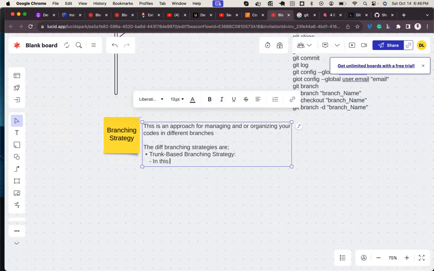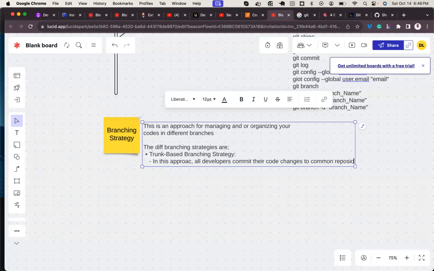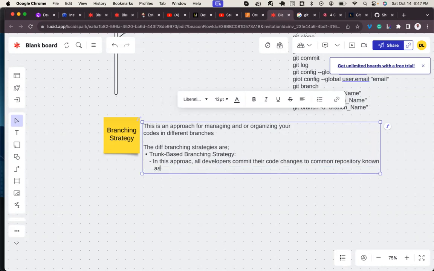In this approach, all developers commit their code changes to a common repository known as the main or master branch.